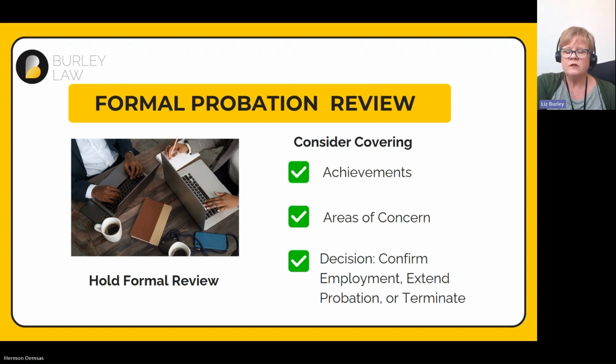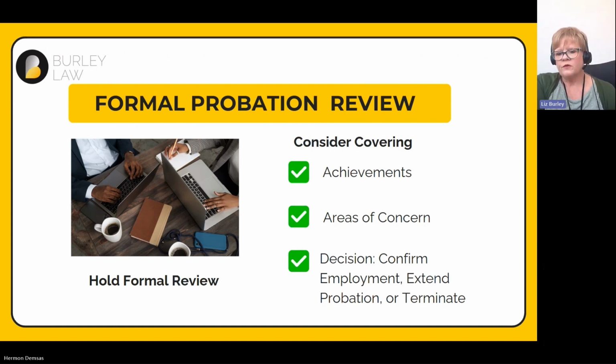So considering their achievements, and there will be achievements to highlight in most cases, areas of concern, whether that's attendance, attitude, behaviours around the workplace, dealing with customers, or some other aspect of their performance, need to be outlined very clearly in this meeting. And then the decision confirmed at the end. Most of the time, the decision would have been made before you get into that meeting. However, you might need time to deliberate, and if you do, that's absolutely fine. You can adjourn that meeting and come back the next day to confirm the decision, or you can make the decision there and then after considering, maybe after a short break.